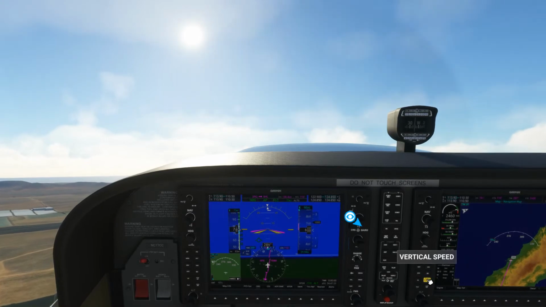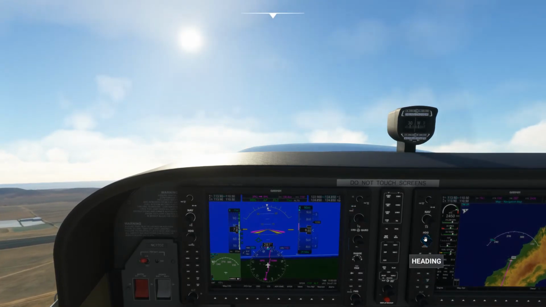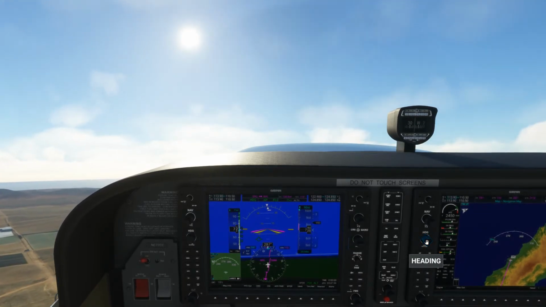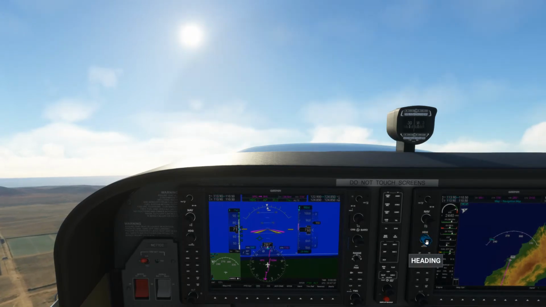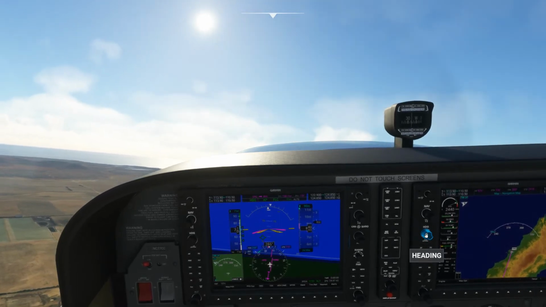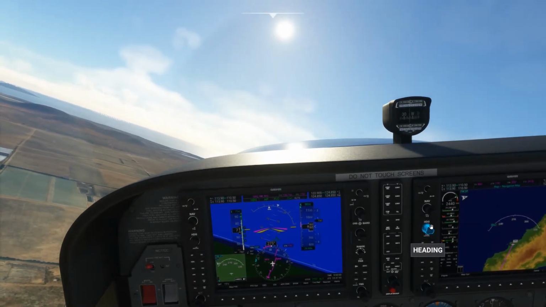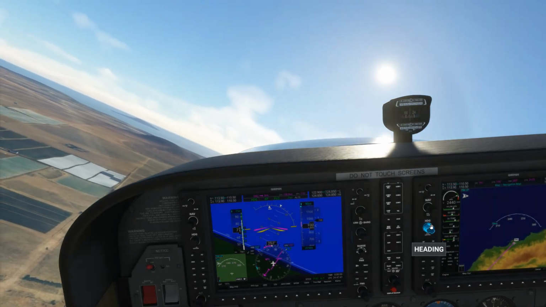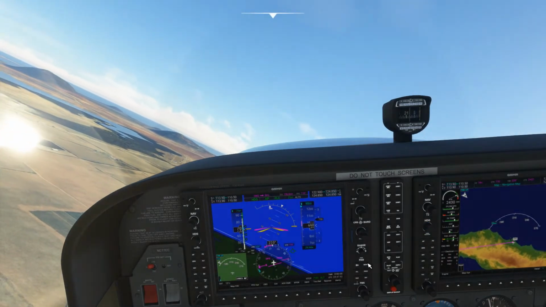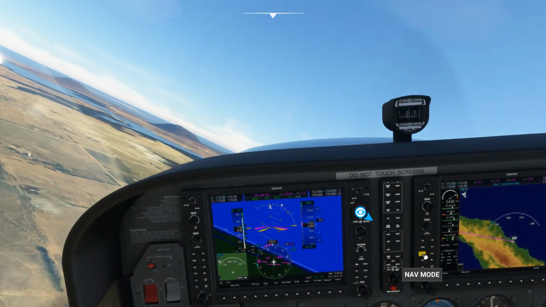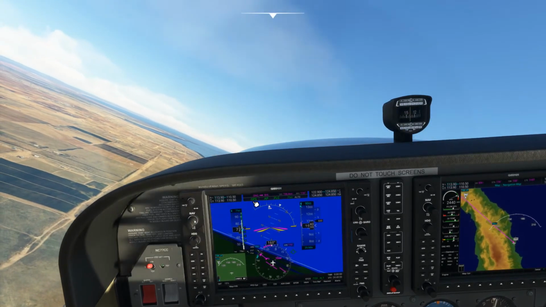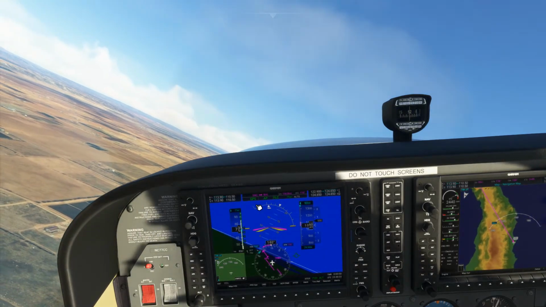So now we'll go ahead and turn left using the heading button. So you hold down the shift key on your computer keyboard, and you can rotate a lot faster. So I'm going to rotate that, and we're going to rotate all the way. We're going to try to catch, well, we're not going to try, we're going to catch that nav right there. And I'm going to go ahead and engage the nav. And okay, so the nav is already engaged. We were close enough to it that we can already, so now we are flying off the nav.